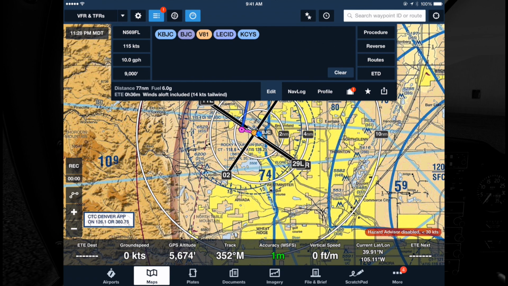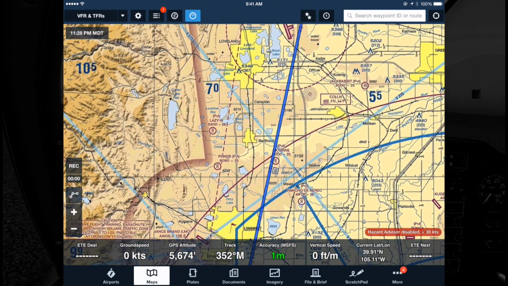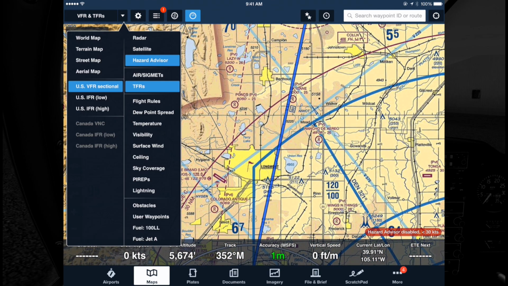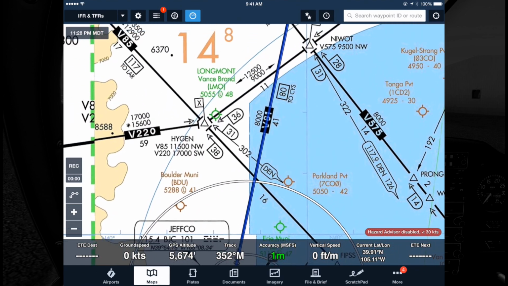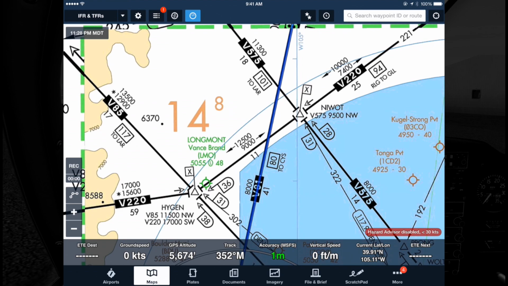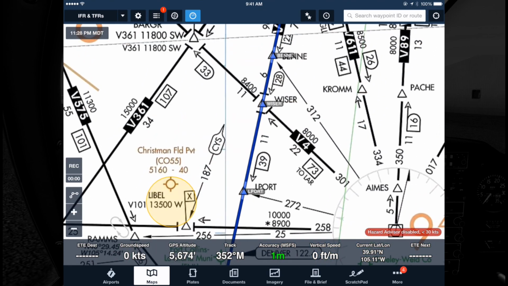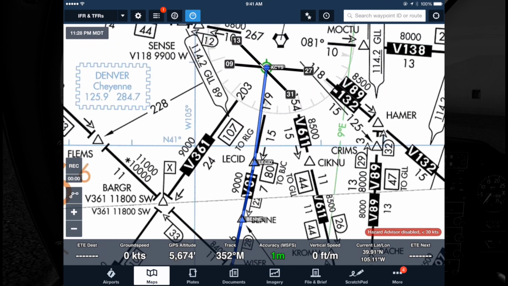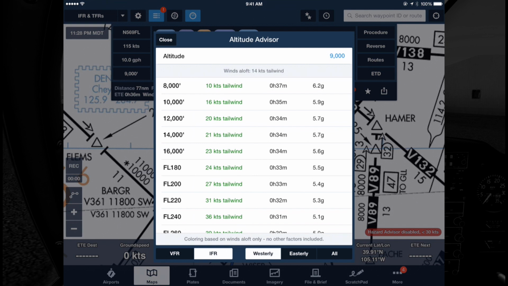So let's go ahead and give a quick scan to the route here. The other thing that we want to take into consideration, because we will be flying an IFR flight in this case, is our MEA across the airway, which in this case, Victor 81 is 8,000 feet MEA, and then up here toward Cheyenne, it does bump up to a 9,000 foot MEA. So in that case, we just want to verify that we do have a 9,000 foot altitude in here, and we do. So we will clear our MEA,